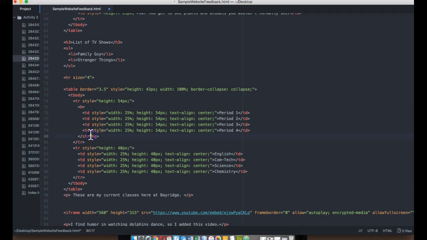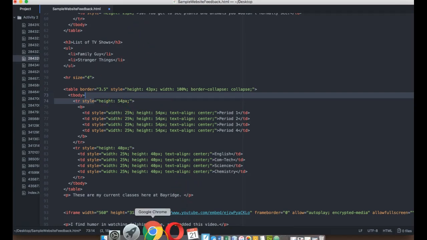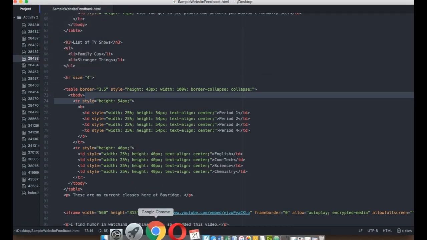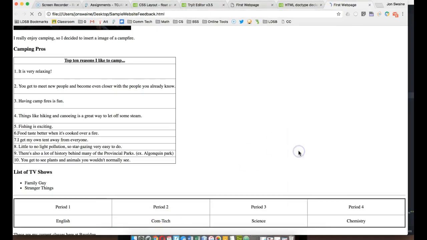One thing I'm just going to try is a bold tag and see if that helps. It might not, because it might need to be in a paragraph tag or something like that. So let's save that and then see if that made any difference. And no, it didn't. Okay, I take it all back. But